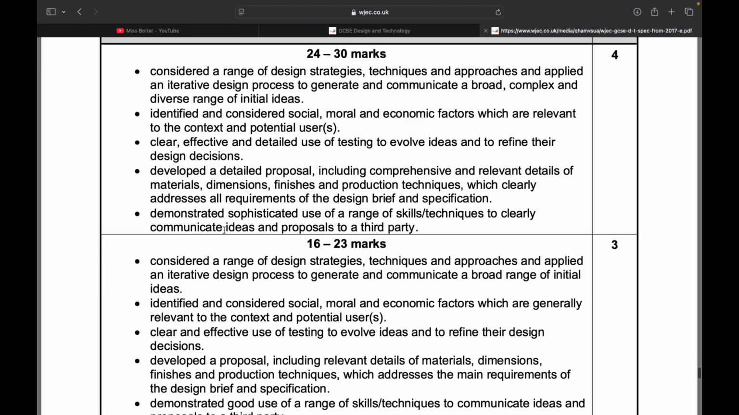And then finally, have you demonstrated sophisticated use of a range of skills and techniques to clearly communicate ideas? So have you used CAD? Have you used Fusion 360 in our case? Have you used Onshape, Tinkercad? Have you used SolidWorks? Maybe you've got access to SolidWorks in school. CAD is an excellent way to show visuals with appearances. I particularly love CAD, and that's how I like to allow my students to show progression and quality within their